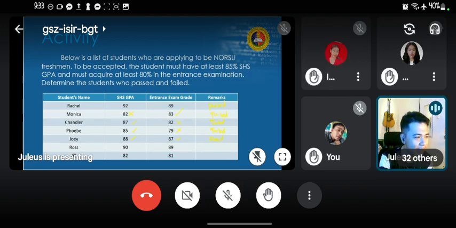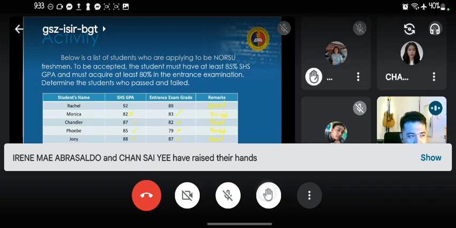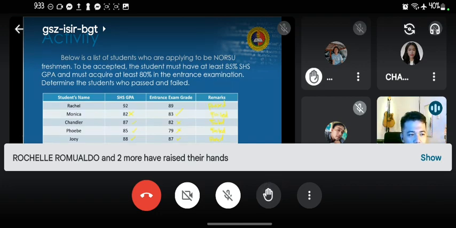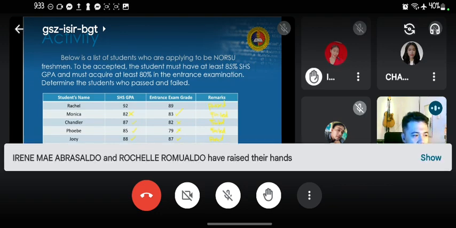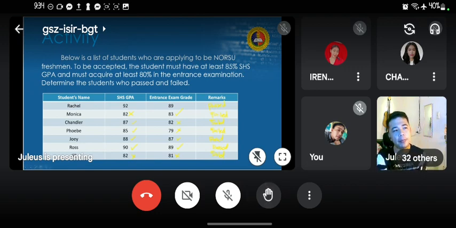And then, I'll do the rest. So Ross did good with the senior high school GPA, so he passed. And then he also passed the entrance examination, therefore passed. And as for Jill, she failed both the senior high school GPA and the entrance examination, therefore failed. All right.